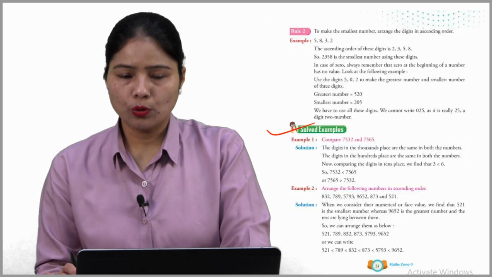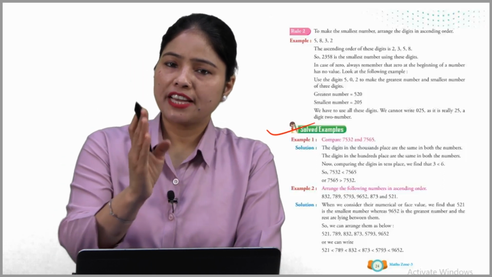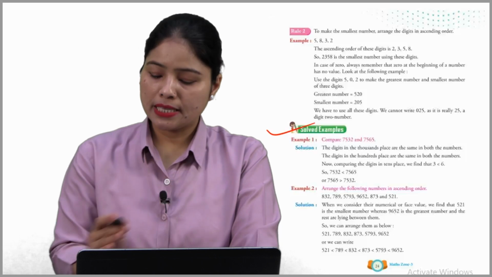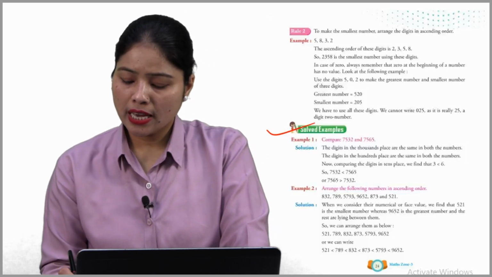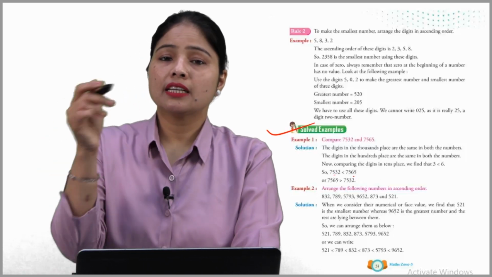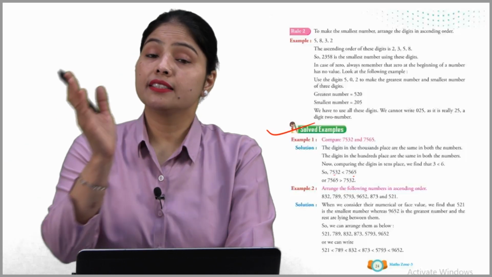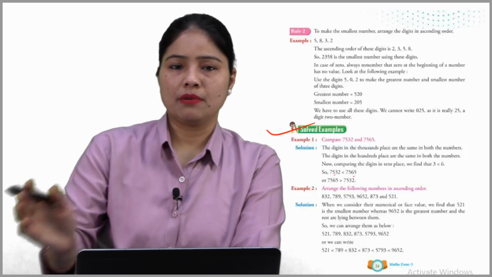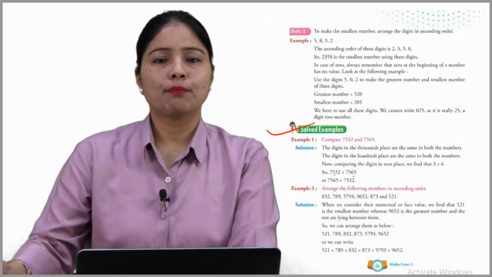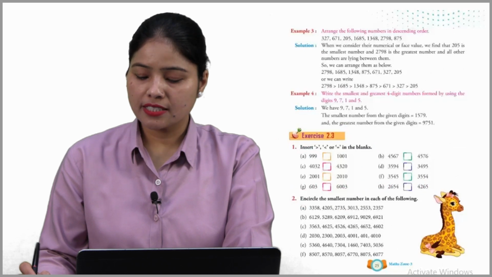Okay, ये बोल रहे हैं बच्चों 7 और 7 हमारा सेम है, 100 की प्लेस पे 5 सेम है, तो हमें टेंस की प्लेस को कंपेयर करना है. तो टेंस की प्लेस पे हमारा 3 गिवन है और यहाँ पर हमारा 6 गिवन है, तो 6 हमारा 3 से बड़ा होता है. That is why the complete number which is 7565 is greater than the other number. Okay, I hope you understood. So these are the other examples of that concept. Okay, so read it nicely and you will get the answer soon.